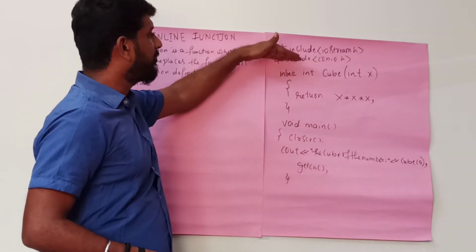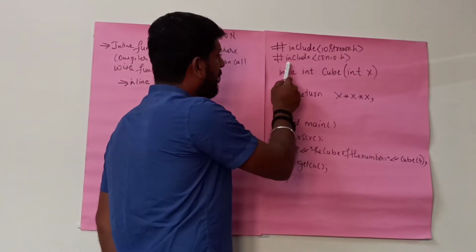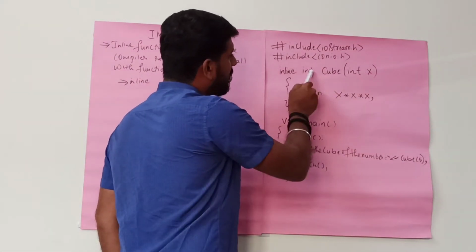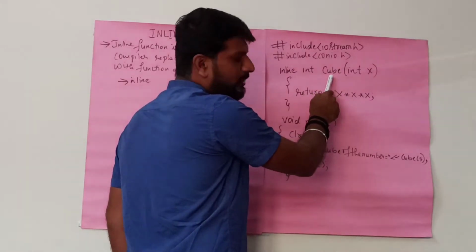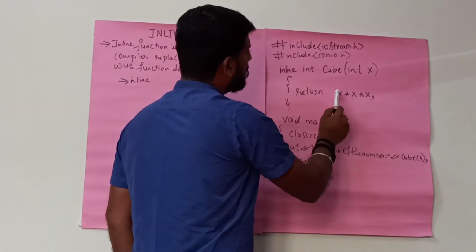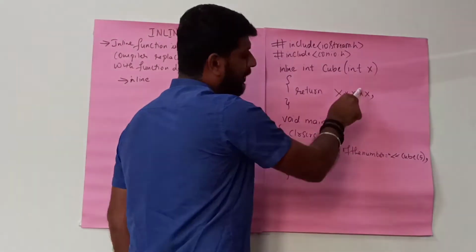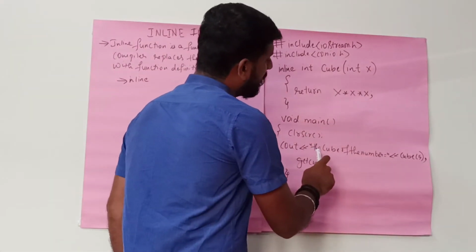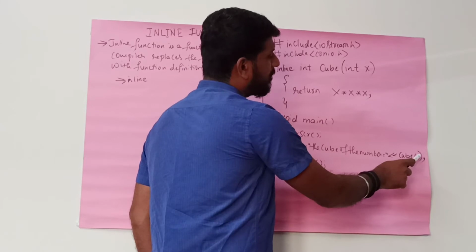Now as I told you, from the beginning of the program, I am making use of a function which is inline, so I need to make use of the keyword called inline. The function is returning a value of kind integer, so the return type will be int. Next thing is the name of the function, which is cube. It takes one argument of type integer. What this function will do is multiply the given value 3 times within itself and then return that value. Next, in the main function I am calling this function, that is, the cube of the number is equal to cube of 5. Okay, so I am giving the value 5.